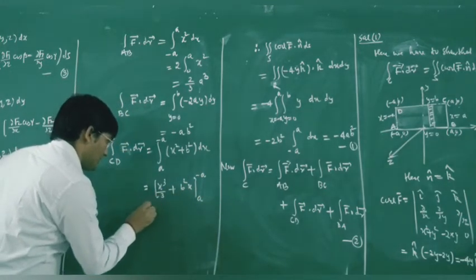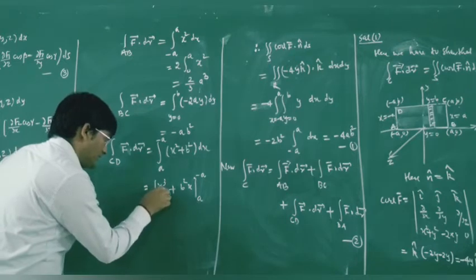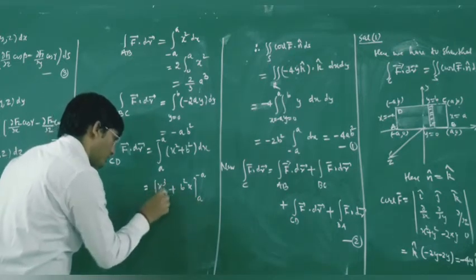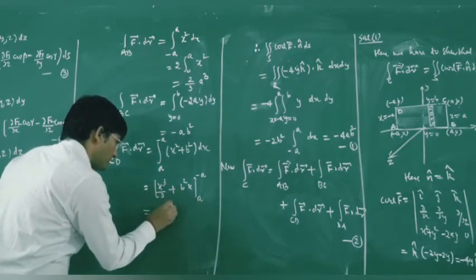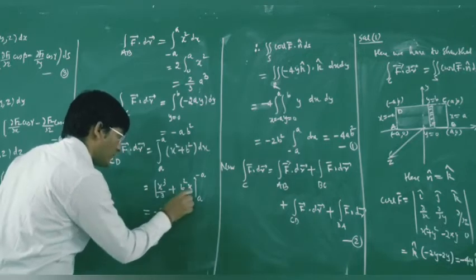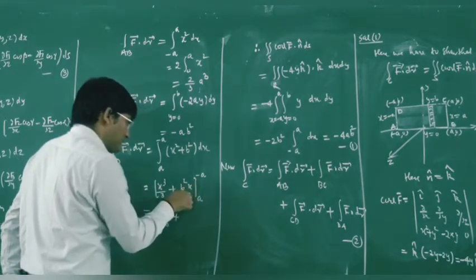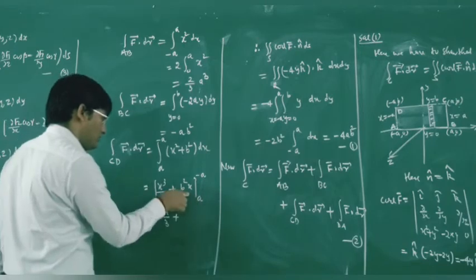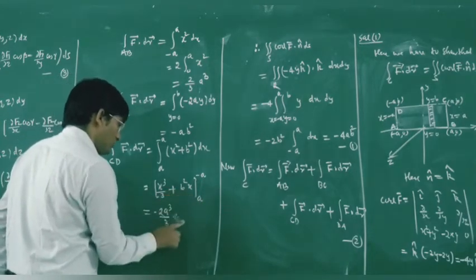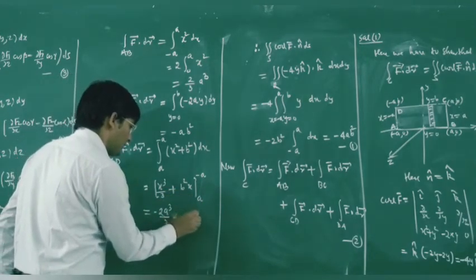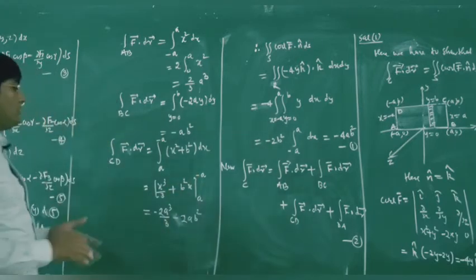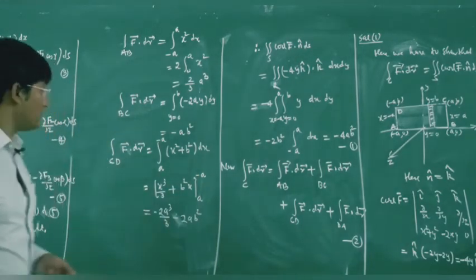So this will be equal to minus a cube upon 3, and again this will be a cube upon 3, so this is minus 2a cube upon 3, and here for the upper limit it is minus a, and again for the lower limit it will be a, so this will be minus 2ab square. So this is the value of the third line integral. Now the fourth line integral,